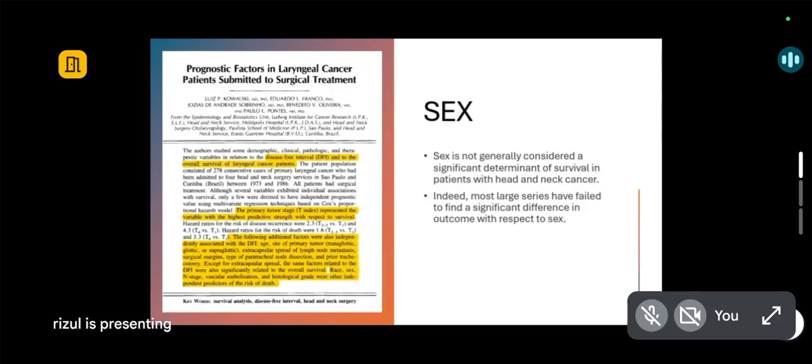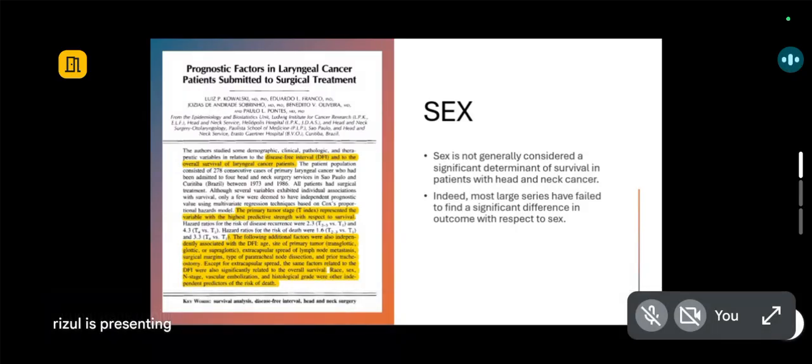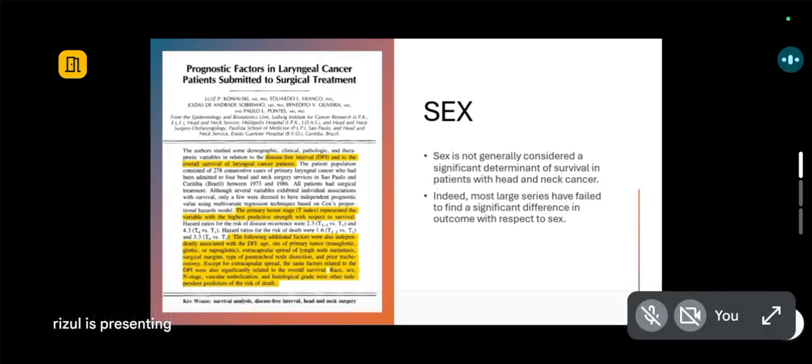That showed the prognostic factors in laryngeal cancer. The patients were submitted for surgical treatment, and again we studied the disease-free survival and the overall survival for the laryngeal cancer patients. The additional factors closely associated with the disease-free interval were age, site of the primary tumor, whether transglottic, glottic or supraglottic, extracapsular spread, metastasis, surgical margins, type of paratracheal node dissection, and prior